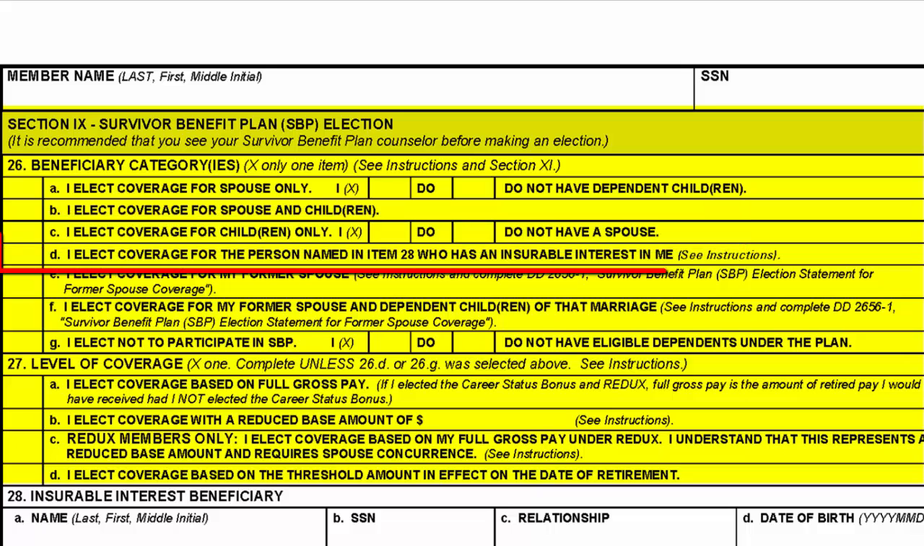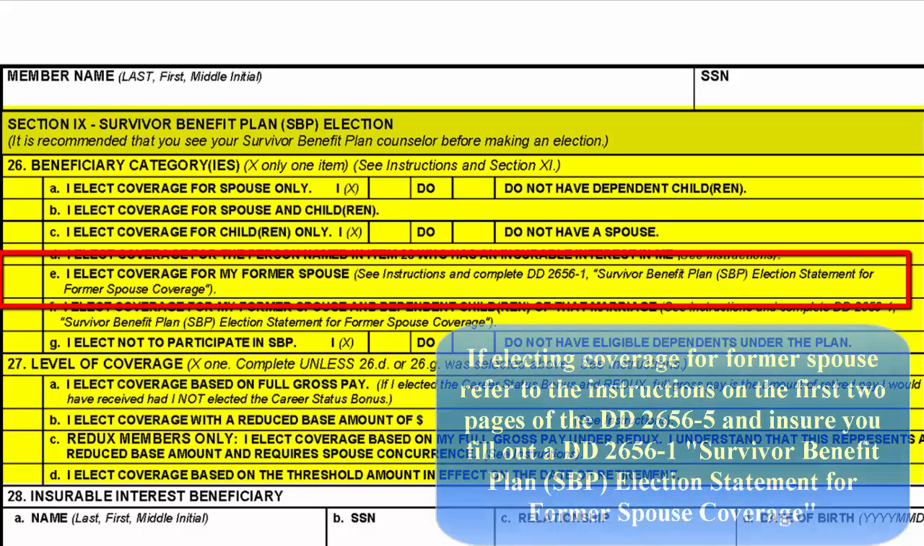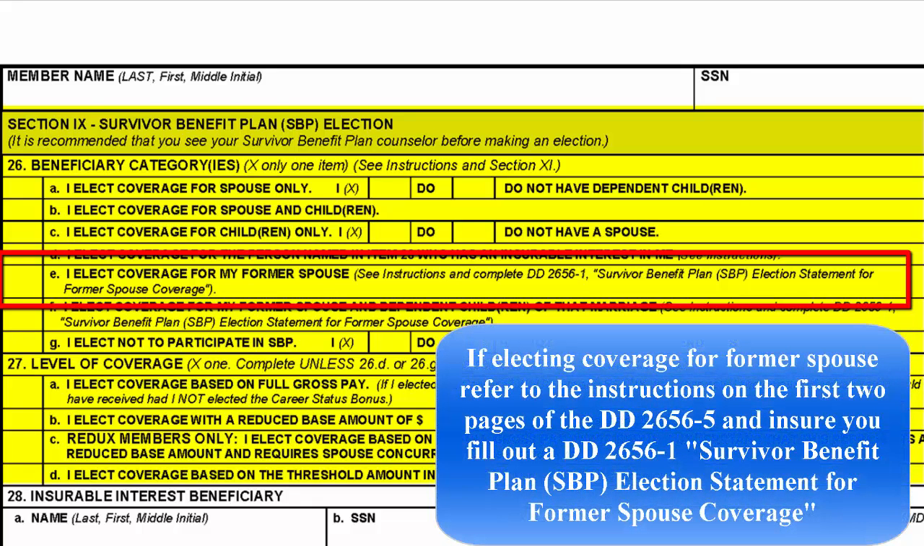26D would be I elect coverage for the person named in item 28 who has an insurable interest in me. For example, possibly a business partner. For 26D, you would need to see the instructions for the DD 2656. In 26E, I elect coverage for my former spouse. If you were previously married and you still want your former spouse to have coverage, you will put an X beside 26E. You will need to see the instructions and also complete a DD 2656-1 Survivors Benefit Plan Election Statement